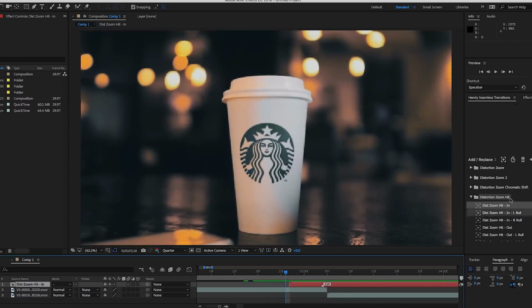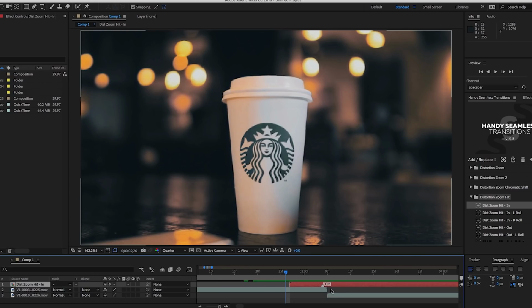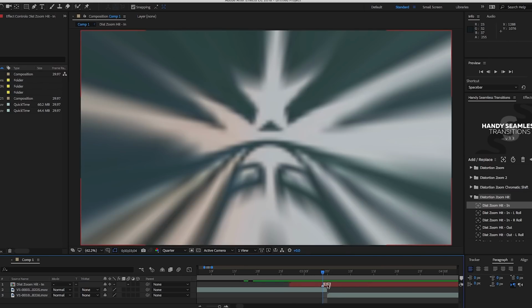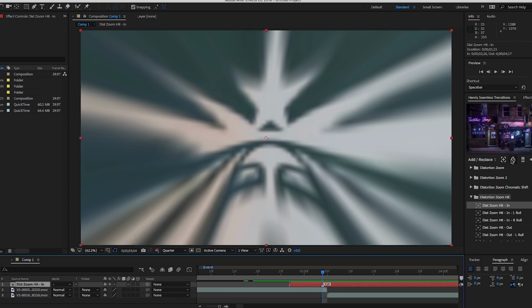It's got the distortion and it looks super clean. There are tons of different variations of this effect in there, and it's really cool. You can make these transitions longer or shorter. If you click on it and then come over here to this little clock, click on that again, you can